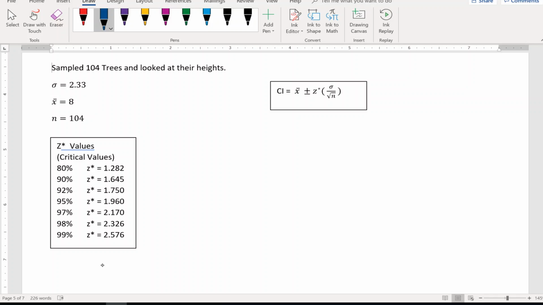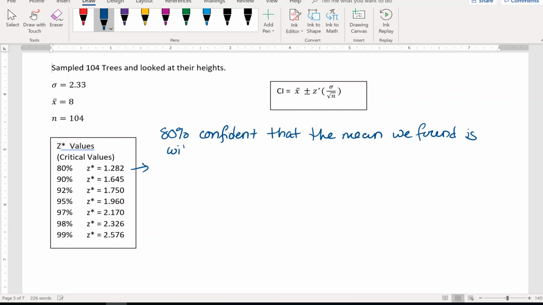And what this means is that if we look at this first one here, we can say that we are 80% confident that the mean we found is within a confidence interval. And we're going to find that range right now. So we are going to use this formula here. And our confidence interval then is our mean plus or minus